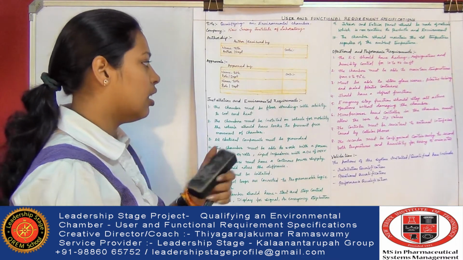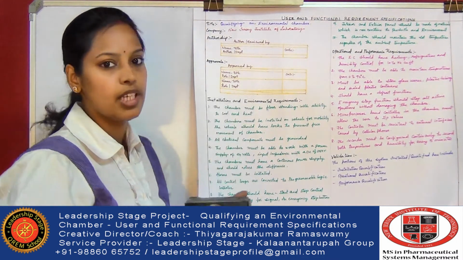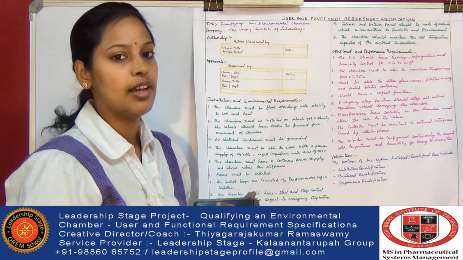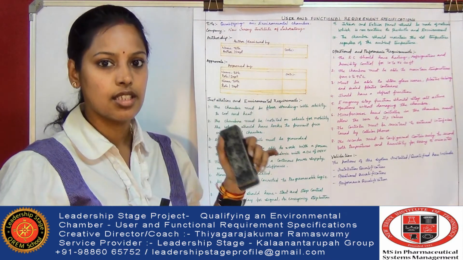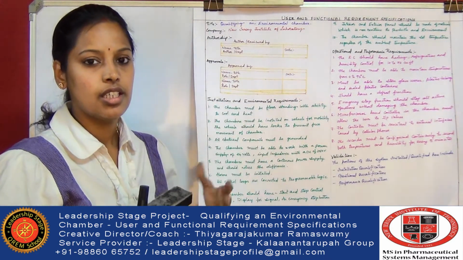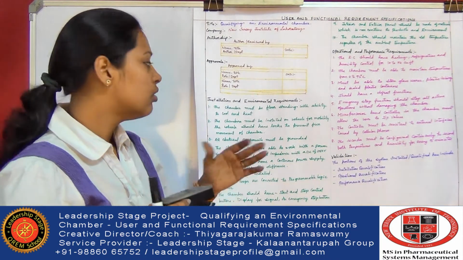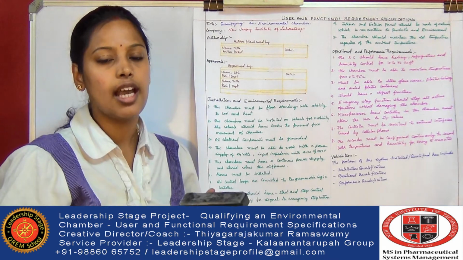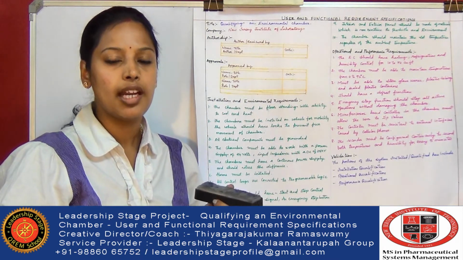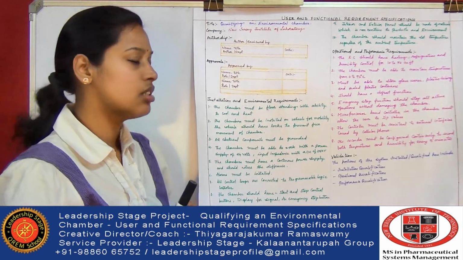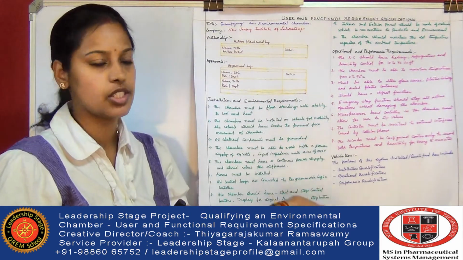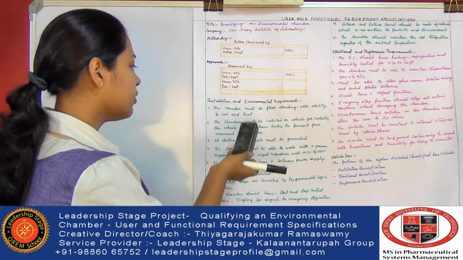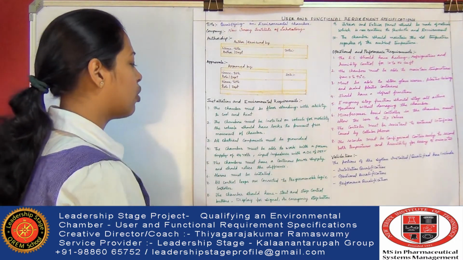Basically, right from the installation of the environmental chamber, with respect to our environmental conditions in the lab, we have to write a requirement. It's like a survey, the requirements we are writing for the installation, and the operational and performance requirements. If you already have a performing chamber and had any problems or disadvantages with it, you could write your performance and operational requirements. So these are the installation and environmental requirements.